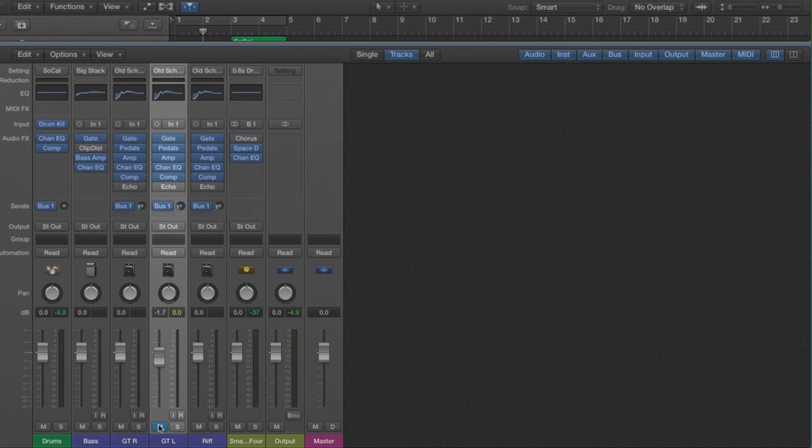I didn't have that in my notes, but mute will turn it off. So if you say you want to listen to your track without the bass, you can mute it. Same with solo. Solo means it plays on its own. You can solo more than one track, so you just have two playing, like just drums and bass playing, etc. Again, you've got your record and your input, which do exactly the same as they do on the